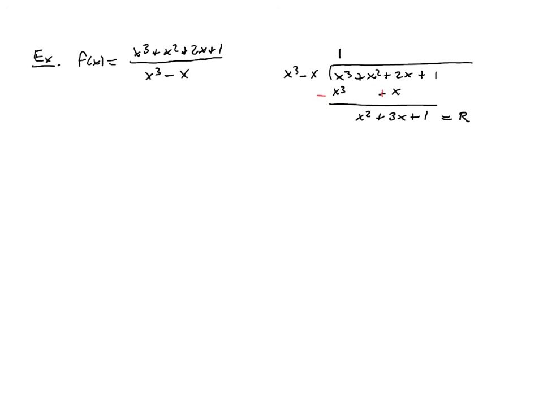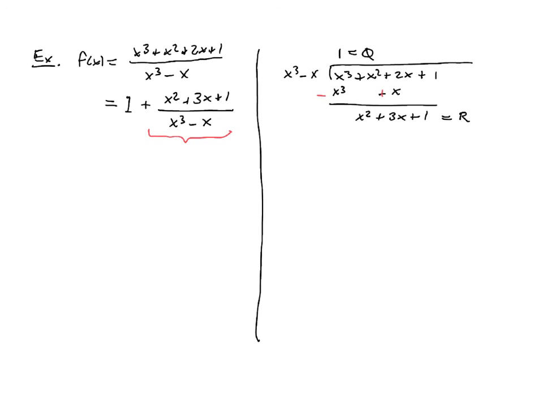And what that says is that my function decomposes as the quotient plus the remainder divided by the original denominator. And what you notice is that this function is now one that has the numerator degree strictly smaller than the denominator degree. And so we can apply the technique of partial fractions in order to decompose that quotient, which we'll do over on the right,